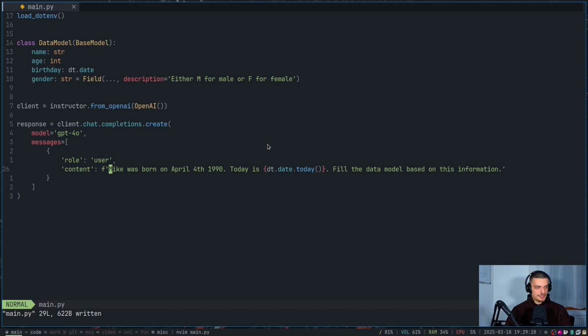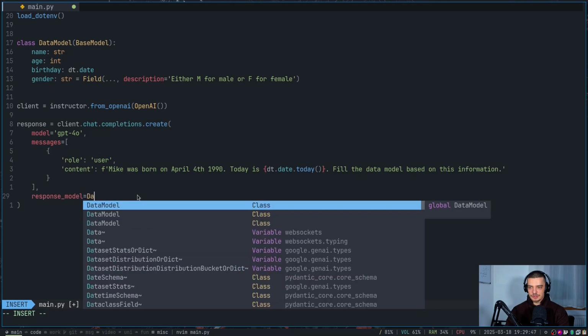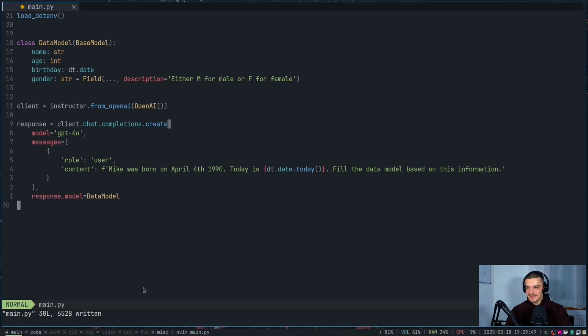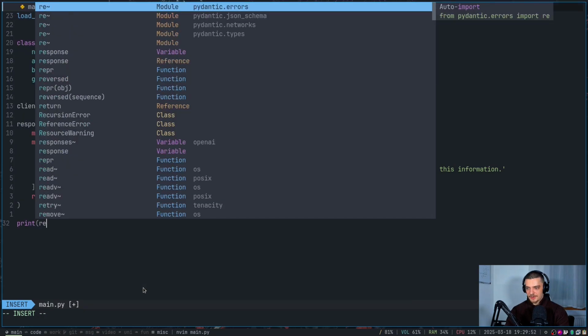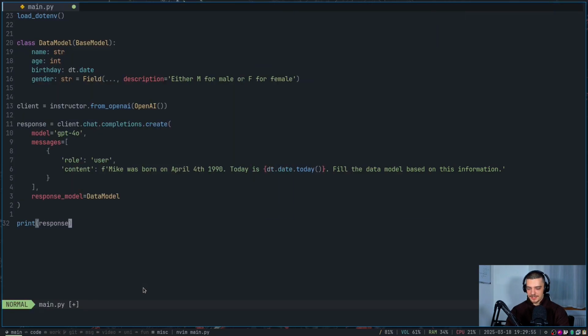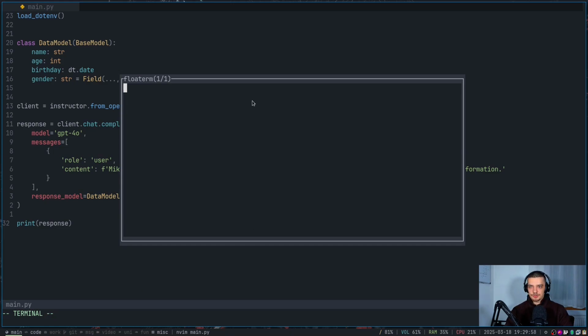So for example, we are going to see that this is possible to simulate if I deliberately guided it to provide the birthday as a malformed string. We're going to take a look at that in a second here. The most important part here is to specify response_model, so to say response_model is equal to DataModel. That is going to force the structure. So now I can print here response. And when I run this, we're going to see hopefully that this is going to return to me a Pydantic model instance. So you can see this is now a DataModel instance, name equal to Mike,